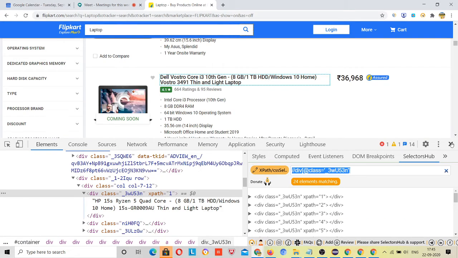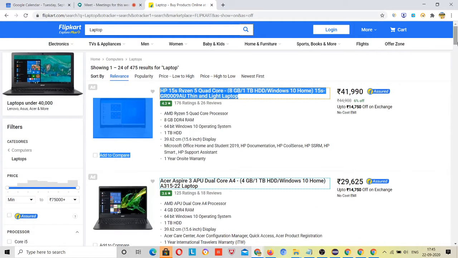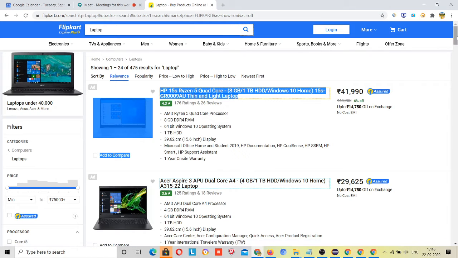Then if you want to get the model, right? So nothing new, same thing, you can use XPath. Try that, because tomorrow we'll see how we will get this, how we will get this 6% off, how we will get this one. So it's up to you what you want to get. Just write XPath for that and try to get it with the same approach, right? Where we see the model, this name is your model, right?